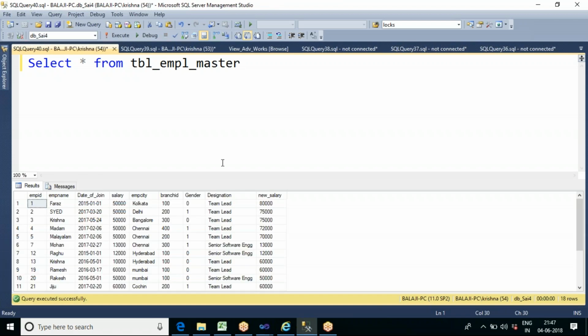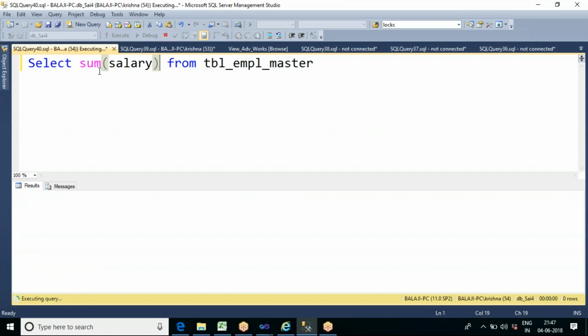Now in this you can see we have a city column and a salary column. If I want to see the total salary I am paying to the employees, we will use the sum of salary, which will give me the total salary I am paying to the employees.